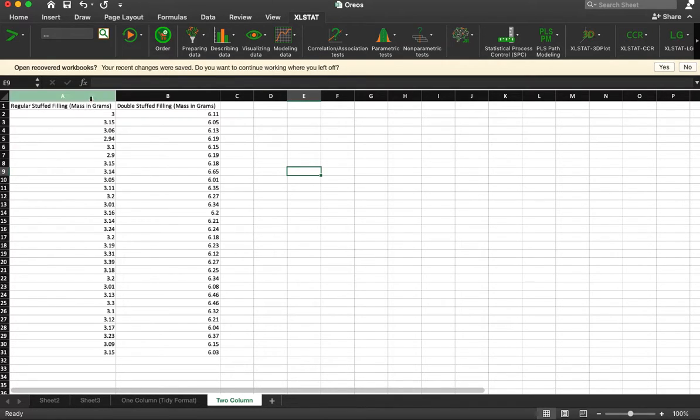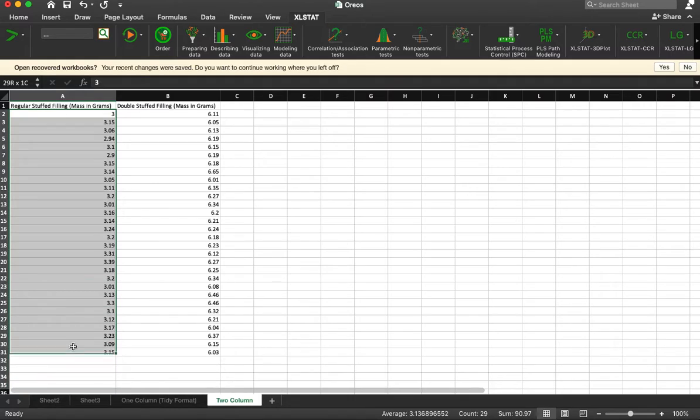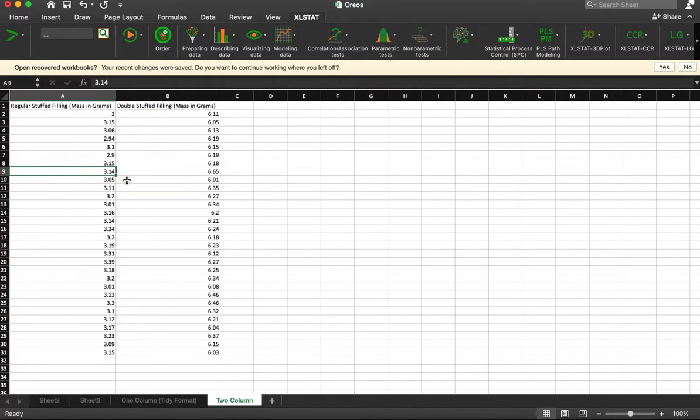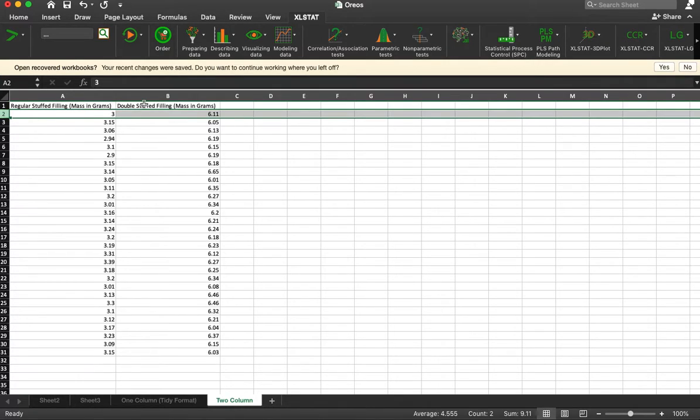So what we have in column A are 30 weights of just the filling of a regular stuffed Oreo, and in column B is 30 weights of a double stuffed. This is a very typical format. Right? You've got two columns with two variables. The downside of this structure is that it looks like somehow this one on number 2 went from 3 and is now 6.1,